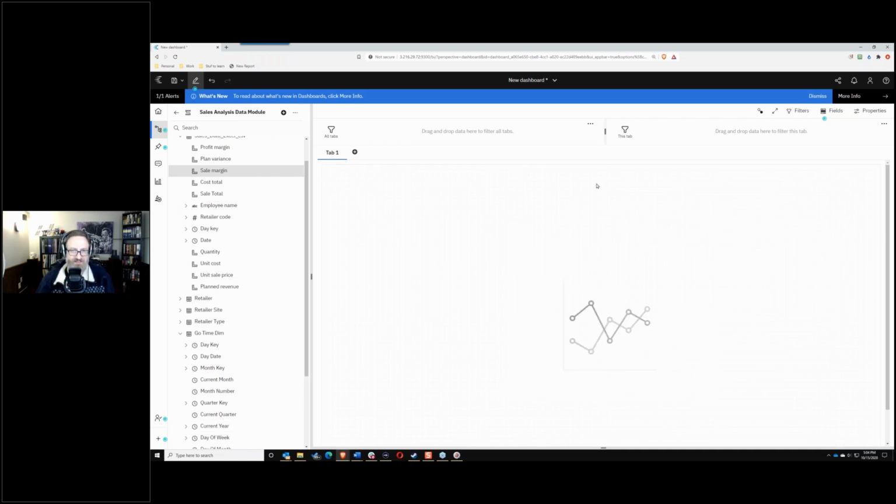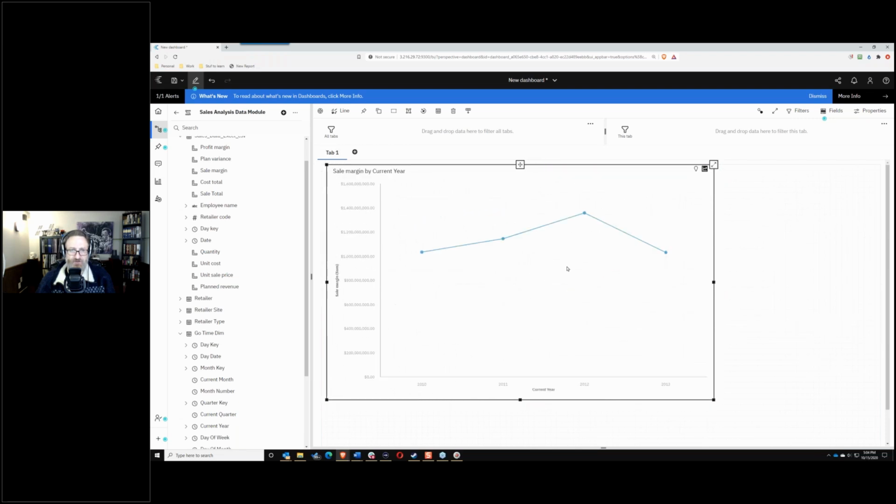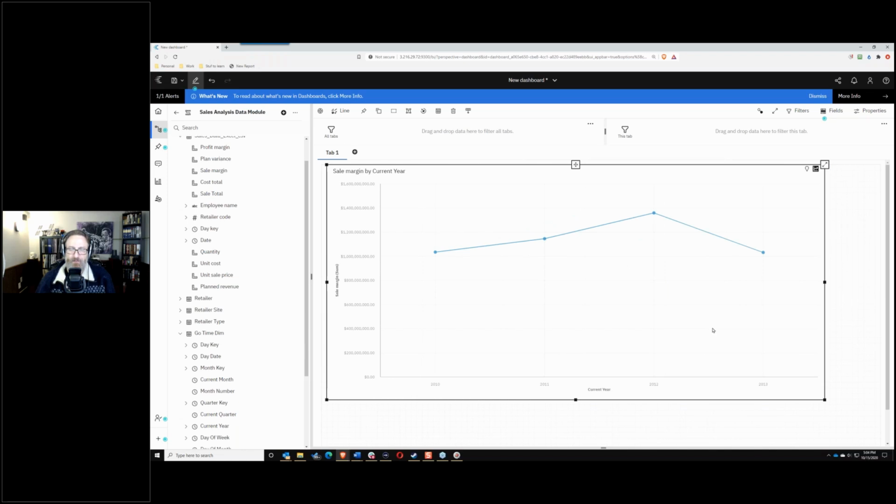And Cognos actually has an AI whose whole purpose is to understand how to visualize data. So it said, hey, the right way to visualize this is with a line chart. And I say, you are correct, Cognos. That is the right way to visualize this. I can turn on the forecasting if I want, and all sorts of fun stuff. Actually, there's not enough data points here to forecast, so forecasting is not going to work. But in any case, now I might look at it and say, okay,